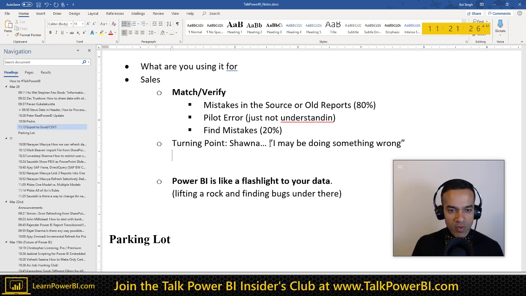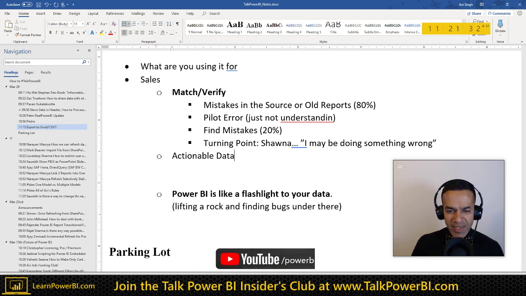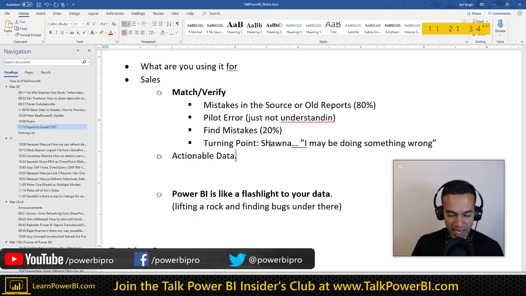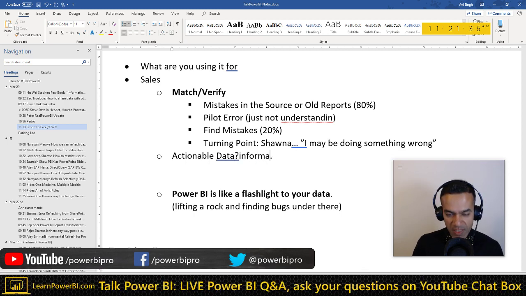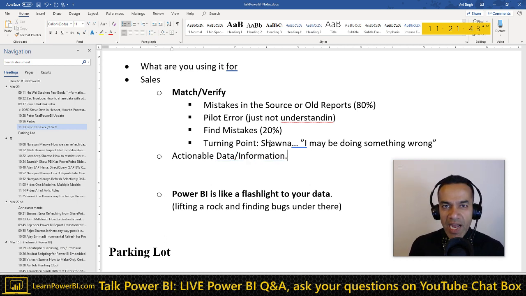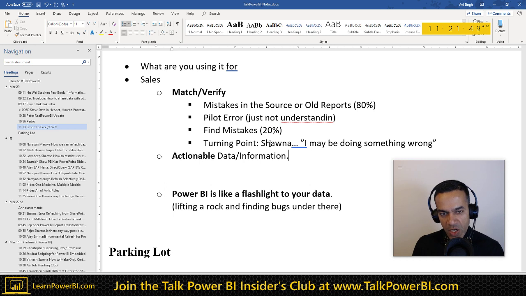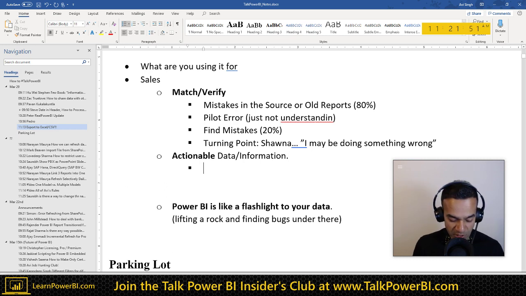What else did they do? What they're doing is they're looking for actionable data. Who cares about data? Actionable data, information, I don't know what to call it, knowledge, whatever, right? So who cares if the sales are up or down or sideways? Nobody really cares about that. What I care about is the action that I can take. So they would maybe export the list and find out the specific customers that they need to call.